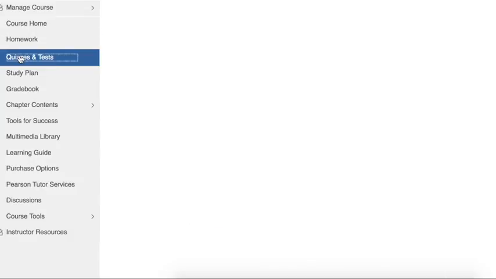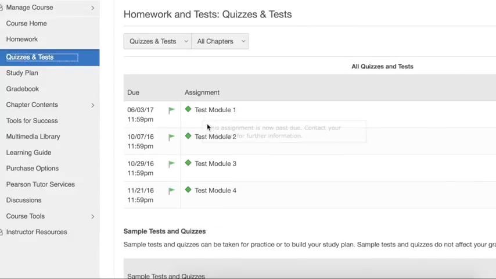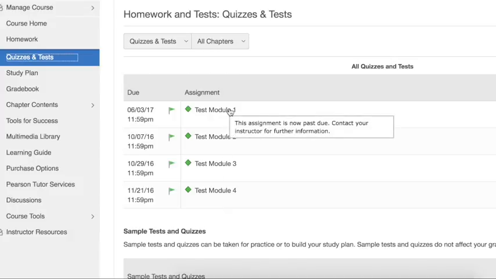The other thing that's in here are your tests. So tests for module 1 through 4 are on here. They're timed. I think I gave 120 minutes each one, so it's plenty of time. You're going to have to take a picture of your work and submit it in Moodle for each one of these tests. So you're going to be showing all your work, take a picture with your phone, and submit the file into Moodle. You only get like 20 minutes to do that after you finish the test to get it submitted on time. So that's part of the